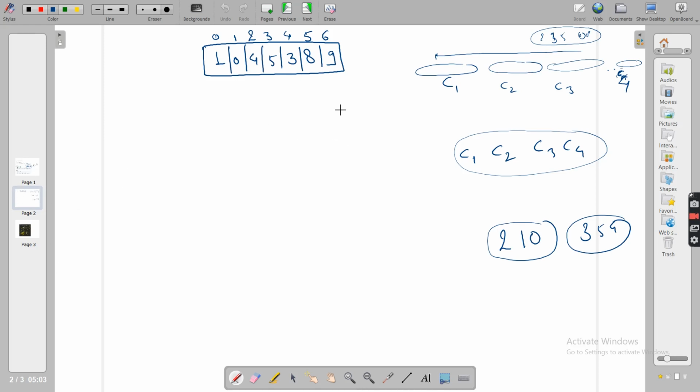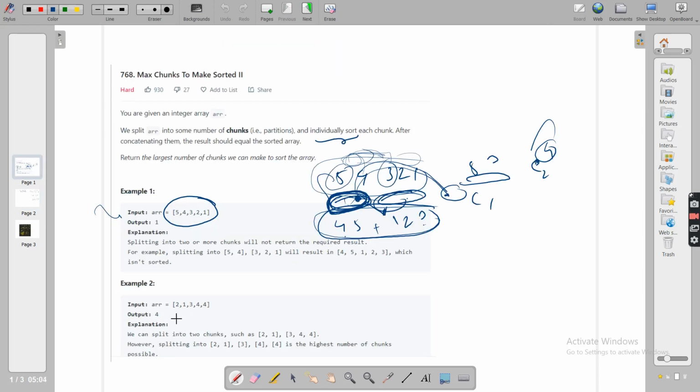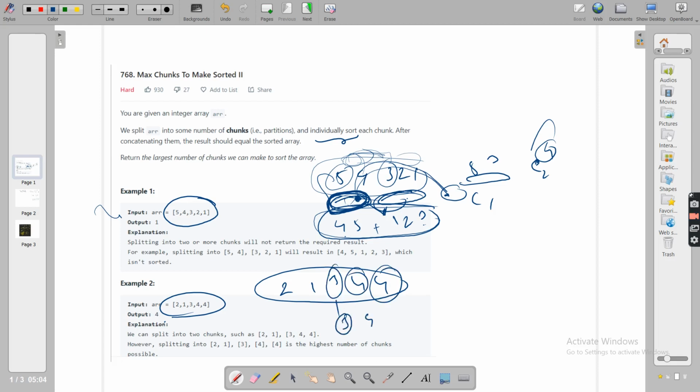Now let's see one example, 2 1 3 4 4. The answer is 4, and let's see why. We want the maximum number of chunks, so this 4 and this 3 can live individually, no problem.